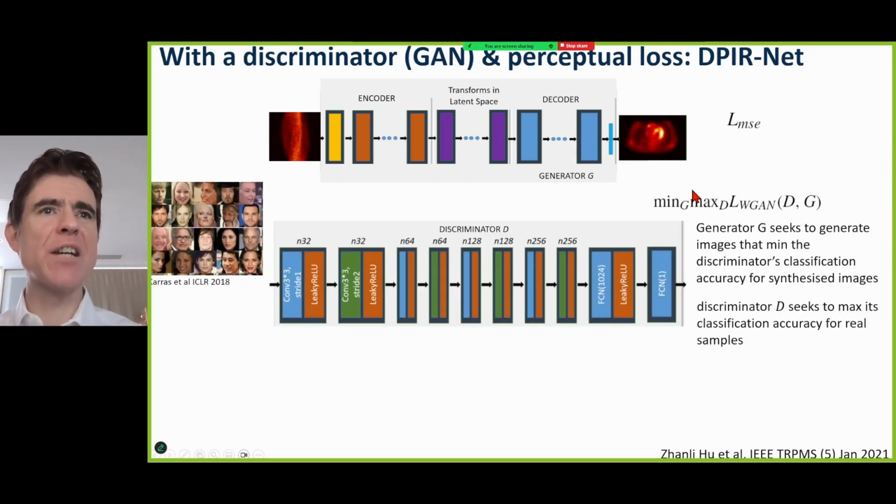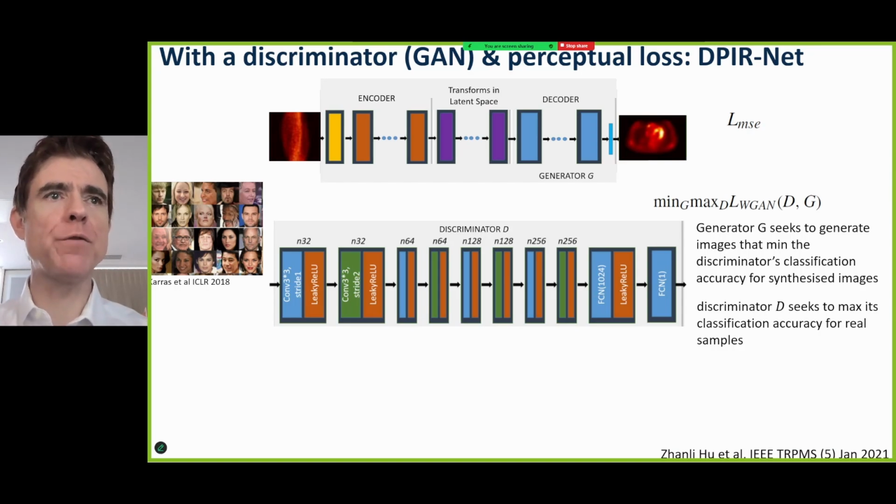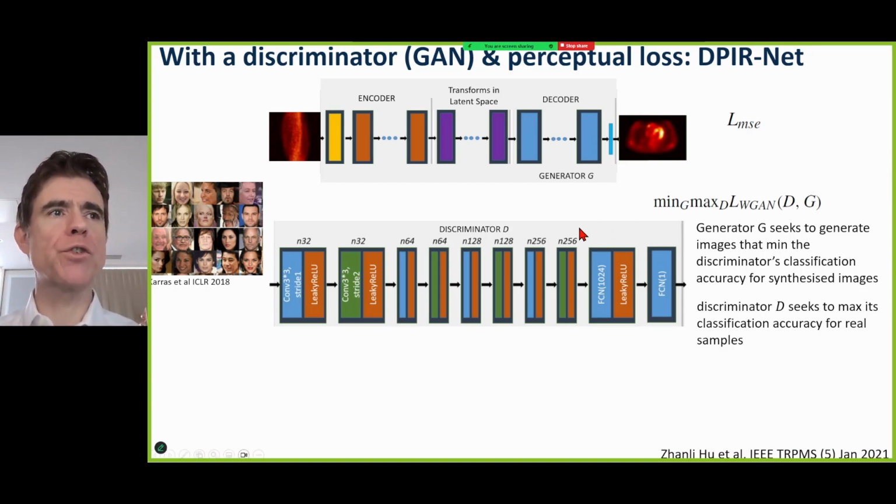But what they did was then add on a discriminator. This is of GAN fame, generative adversarial networks, where effectively you're training a discriminator network to try and identify whether the images that are generated here actually look like real images from your training set, or indeed synthetic ones. And so this is just a famous alternating min-max so-called game that goes on, where the generator is trying to generate images that will fool the discriminator, and the discriminator is trying to catch out the generator by saying, yeah, I can recognize that that's one that you created rather than one from the